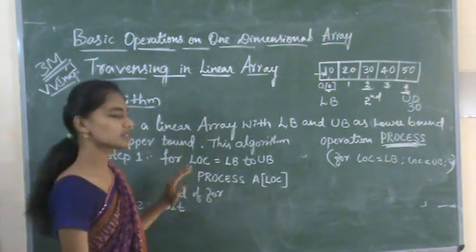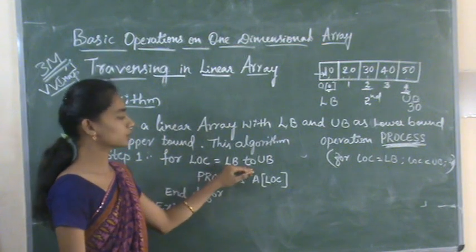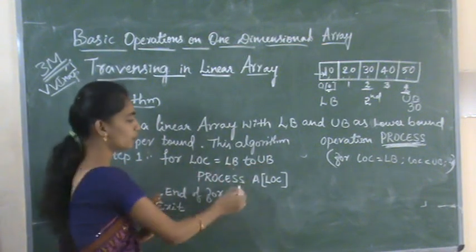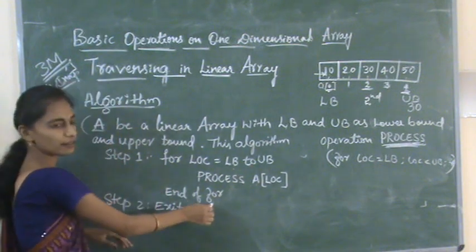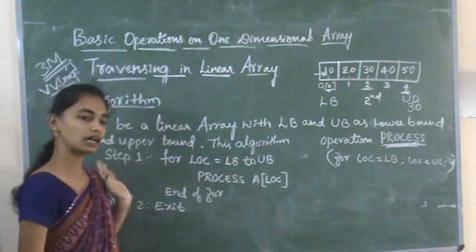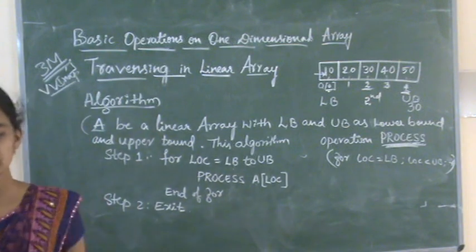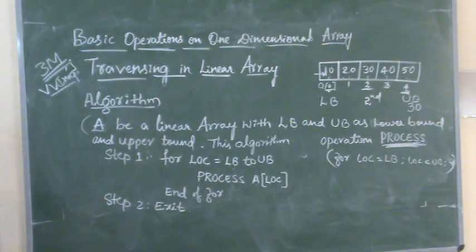So the first step is for location is equal to lower bound to upper bound. Process the A of location. Okay. So next this ends the for loop and exits the algorithm. So for this we can write the program. Okay. So just consider